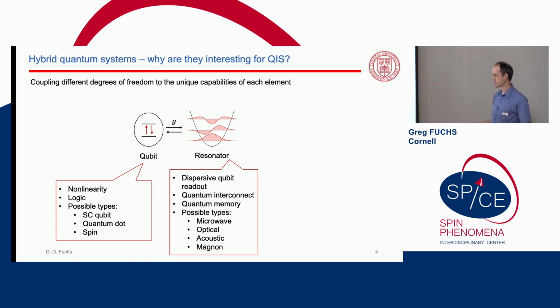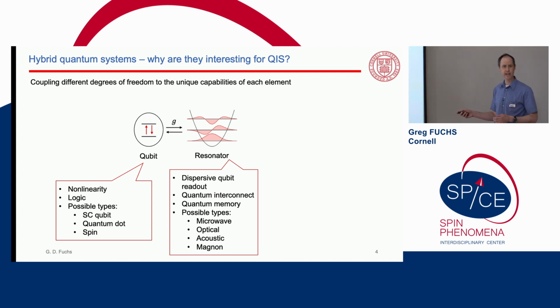And there are many possible qubit types. You could have a superconducting qubit. You could have a quantum dot, as we heard yesterday from Peter Lodahl. And you can have a spin. So that's great. But as we know from our superconducting circuit colleagues, in order to do things like even read